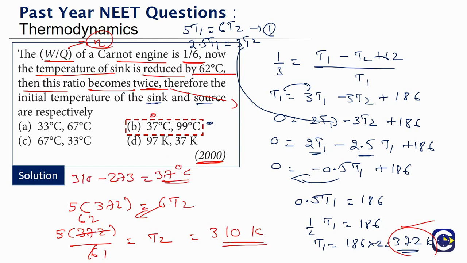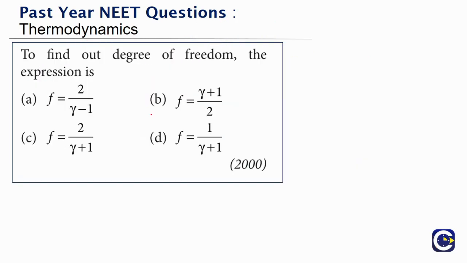We can check it. The original sink temperature is 37 Celsius, and the source temperature is 99. So as we can see right here also, we are able to get one of these correctly, which means we will be able to conclude the right answer. The only thing is, whenever we are using Carnot's efficiency etc., we have to keep one thing clearly in mind: all the temperatures must be on the Kelvin scale. Once you get the Kelvin scale temperature, if needed we can convert it back into Celsius. Okay, we'll move on to the next question.